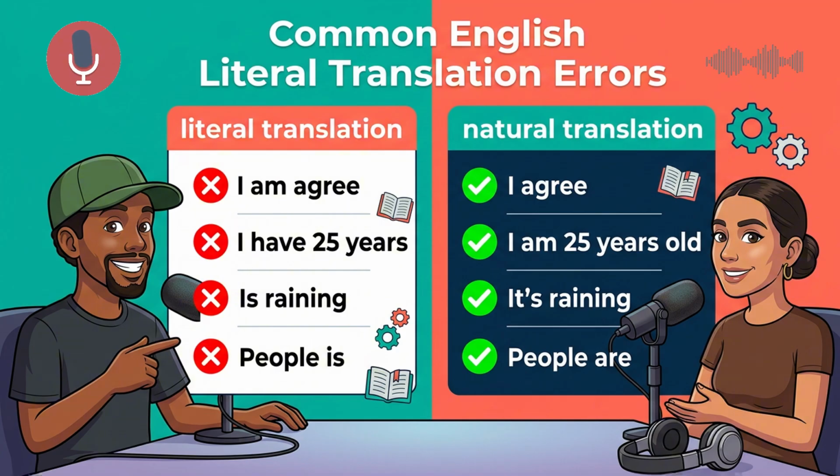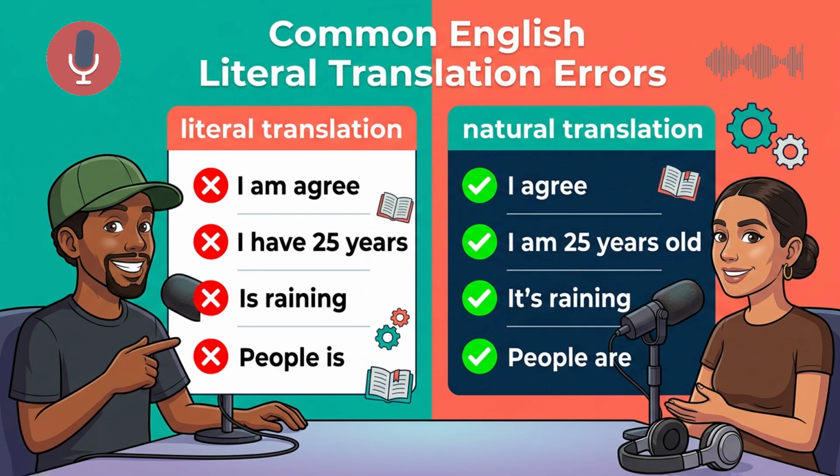Yes, age. This is probably the single most frequent error in bilingual classrooms. Just as Spanish speakers use I am incorrectly for agreeing, they use the completely wrong verb for talking about how old they are. In Spanish, when you talk about your age, you use the verb tener. For example, tengo 25 años. The word tener translates directly to the English word to have. It is a word used for possession. It means you own something.